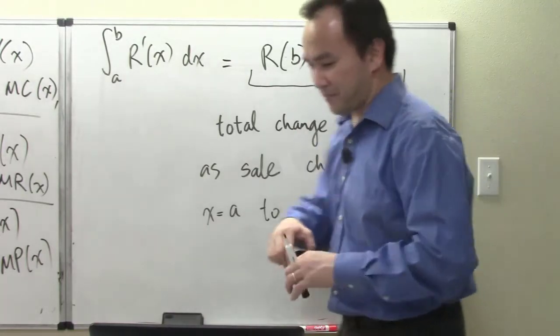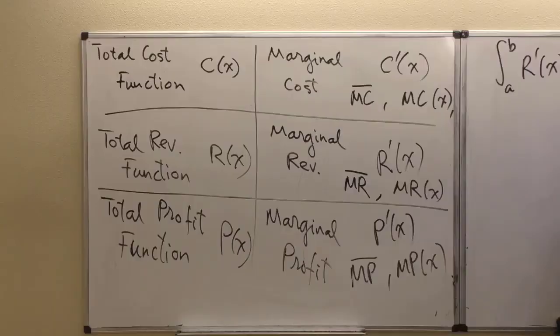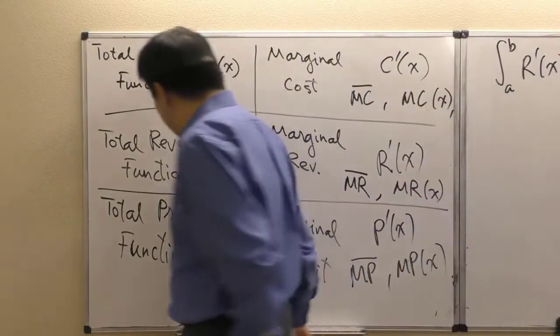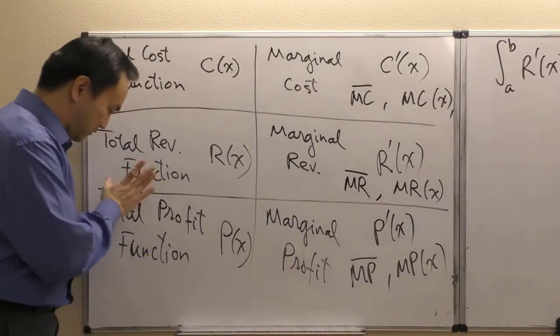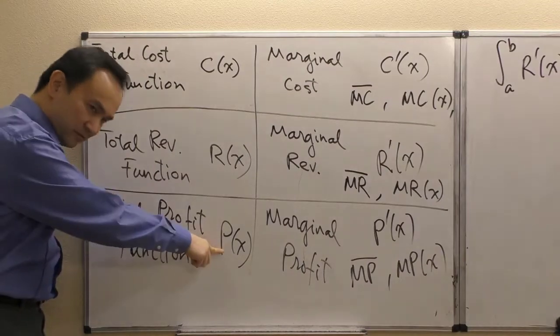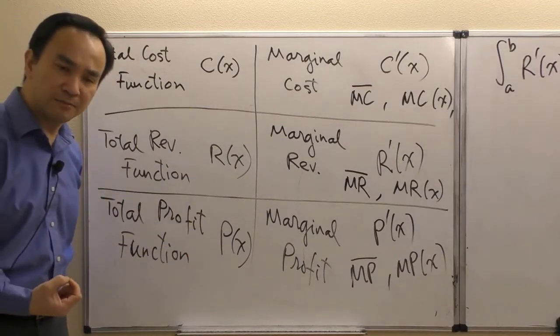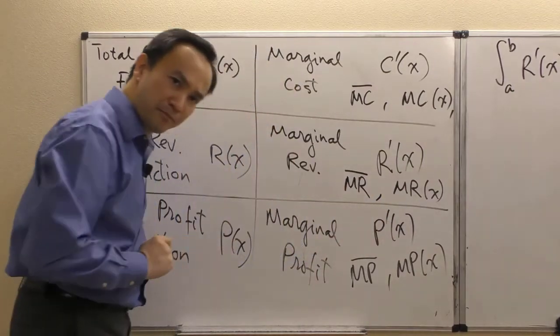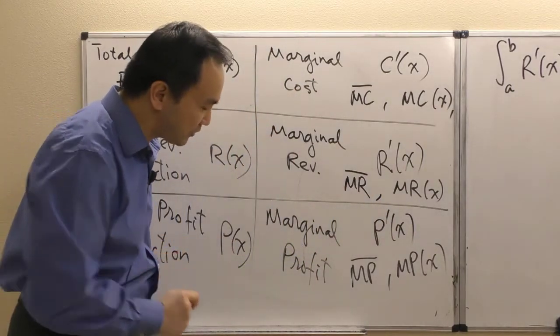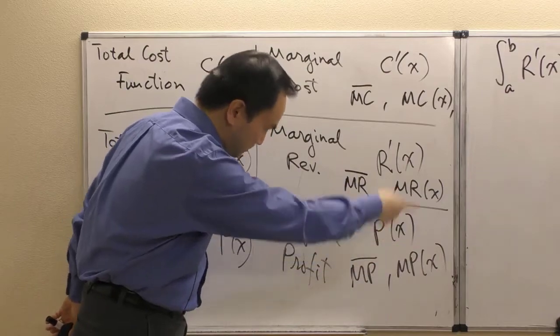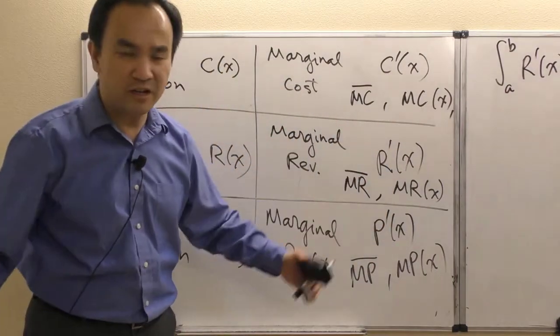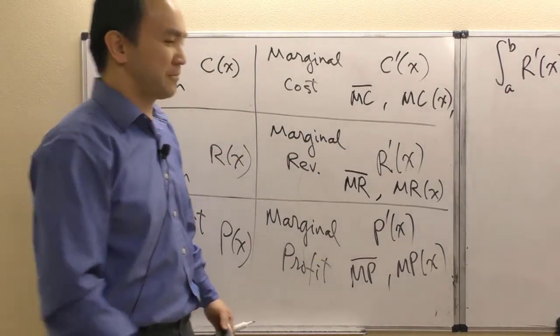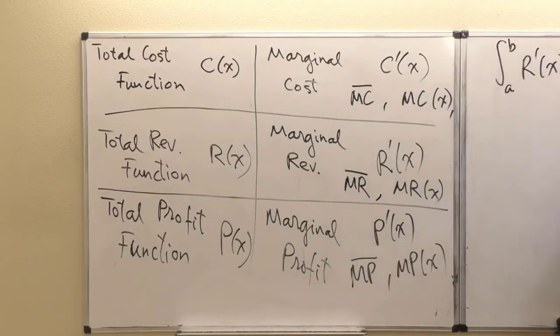Then again, let's quickly look over to our board. The same is going to happen with the profit here, with the total profits function, namely or symbolically as a capital P of X. The corresponding marginal for that is the P prime, the most primary notation for that, or MP bar, or MP of X. So many different variations of the symbols out there. But now the idea fundamentally is that